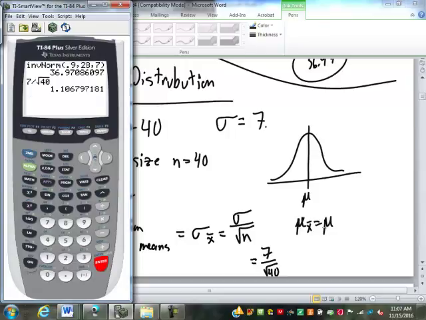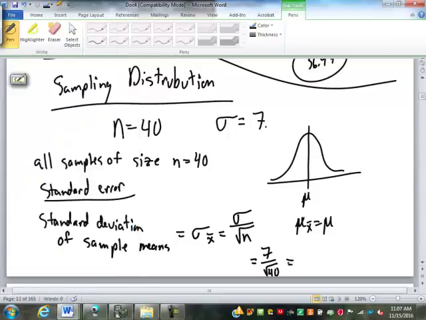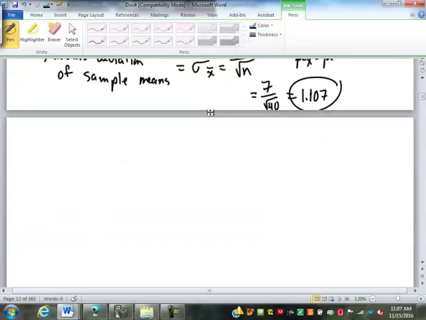So 1.107, I'm going to call that, is what would be the standard deviation of those sample means. That's what would govern this curve here, the distribution of the sample means. So what if this were a sample proportion? So what if we get a sample proportion